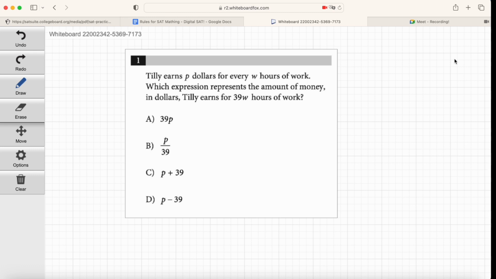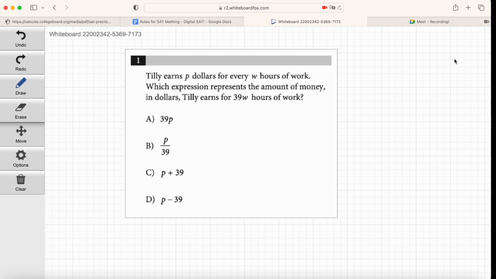Now, this is funny because this is the first question on Module 2. Generally, they start off with the easier questions. Of course, the digital SAT is an adaptive test, right? So if you're getting the easier questions right, they'll give you some harder questions. If you're getting the harder questions wrong, they'll give you some easier questions. If you're starting off with an easier question here in this module, but I think this is deceptively tricky